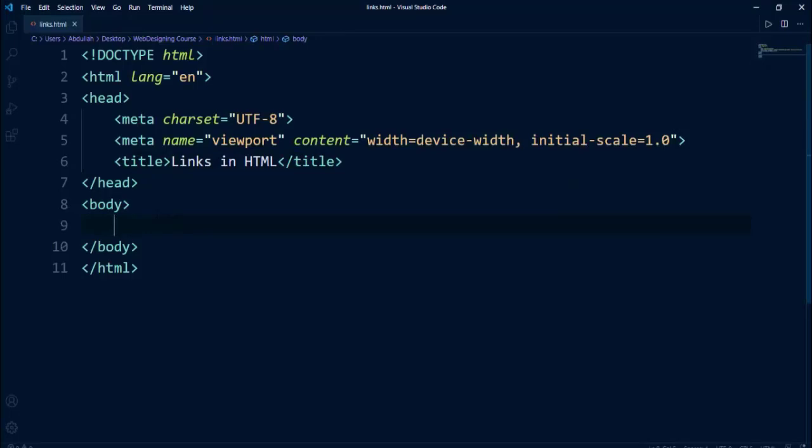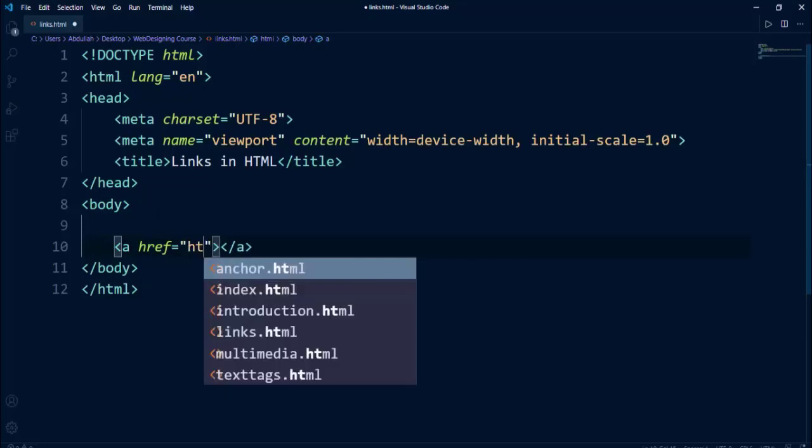Now the first link that we want to create is a link to YouTube. So here I will say A, and when you press A and hit enter, it will autocomplete the anchor tag, and here you will specify the path. Now here we are talking about the absolute path. Okay, so for the absolute path you will say